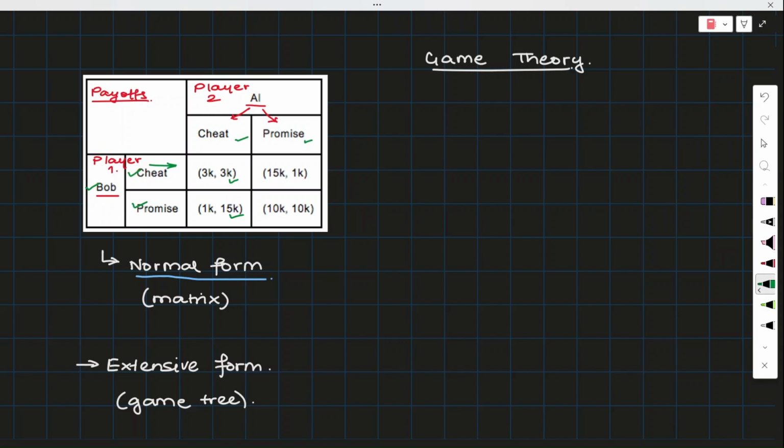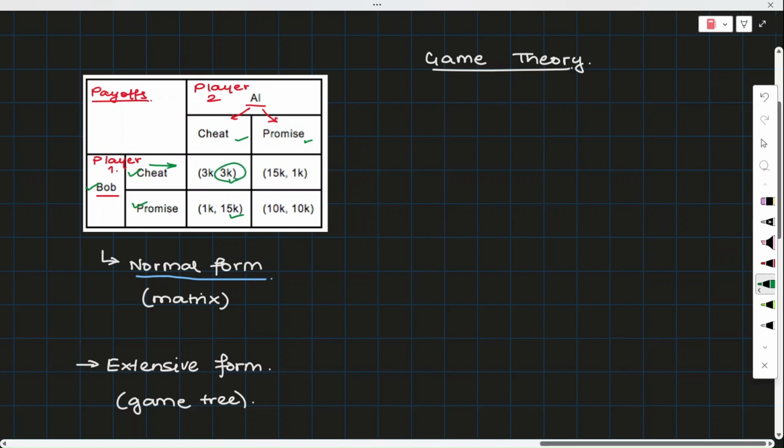You can see why, because whatever row we consider, Al always ends up playing in this spot. They both correspond to Al's action of cheating. So we can conclude that Al's cheating is actually a dominant strategy. I'll just write down dom strategy here. In short, this is Al's dominant strategy.